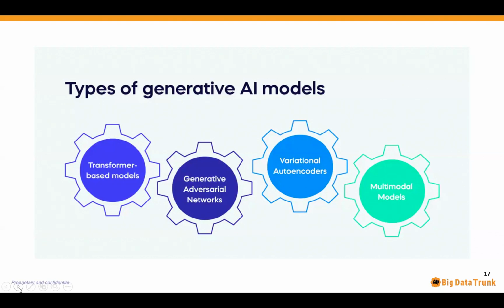Current state of art, though, is multimodal models. Just recently, probably from a week back till now, the talk has all been about LLMs, large language models. And now, if you just go and do a little research on upcoming courses, you will notice that there is a lot of talk about LMMs, large multimodal models. One single model that helps you create text and image and speech, everything put together from one single model. So that is probably the current state of art, and where a lot of developments are happening.